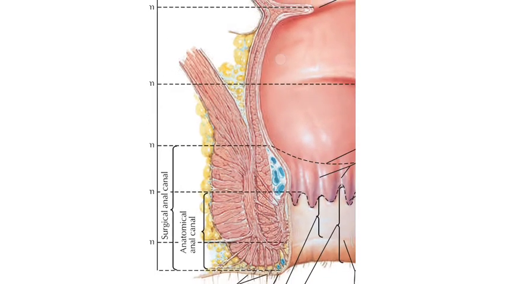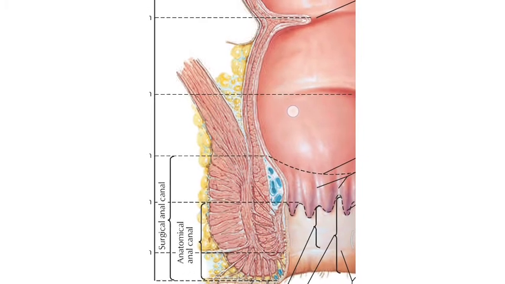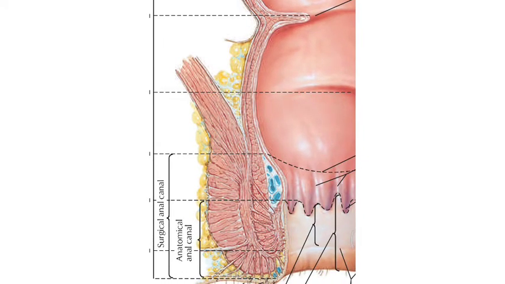Now we can see, okay, the inner muscle layer will be the circular muscle layer, which you can see extending till this region. We trace from here, it extends till this region. Here it forms the internal sphincter of the anal canal. This outer layer forms the longitudinal muscle of the rectum.